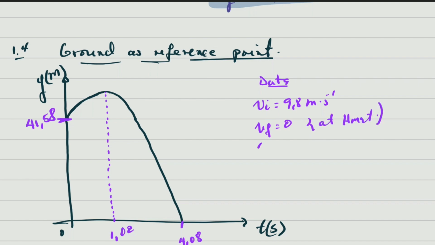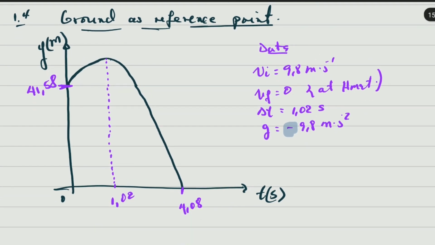We have the time that took to reach the maximum height, which was 1,02 seconds, and we know the acceleration due to gravity, which is minus 9,8 meters per second squared. Please do not forget the minus there. So what formulas can help us to calculate the